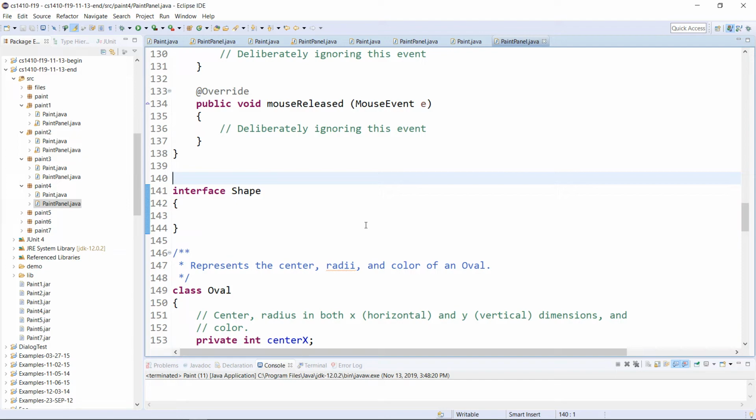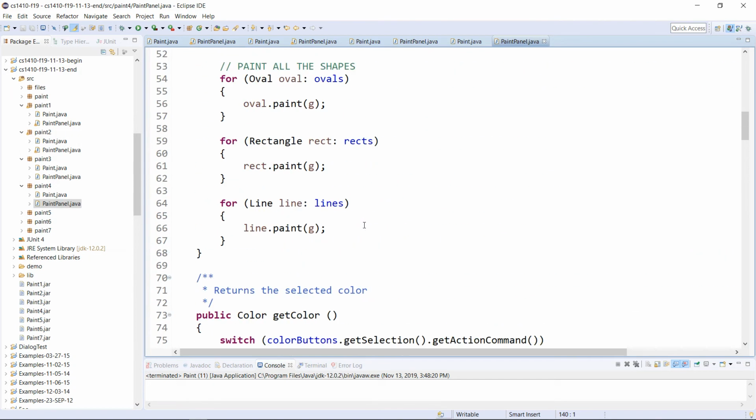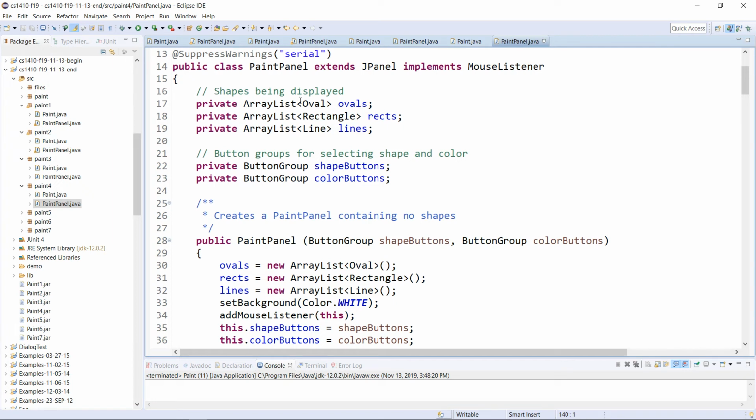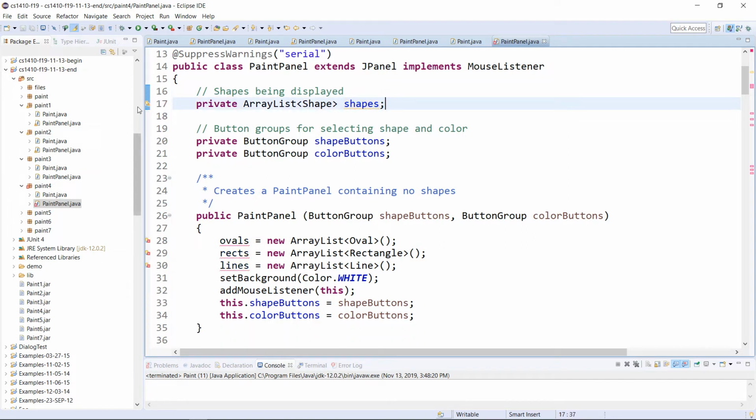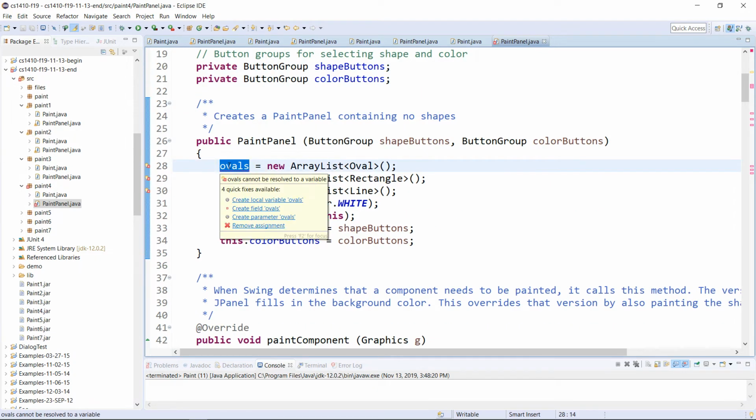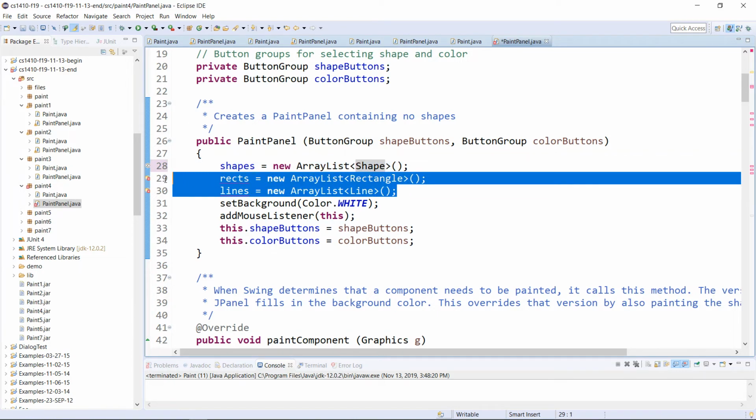So let's just stop there. We have an interface Shape. My goal is to come up here, and instead of having three lists, I just want one, an array list of shapes. Okay? And then right here where we initialize, we'll do that. Now before I delete this, there is something going on here that's more than just reorganizing the